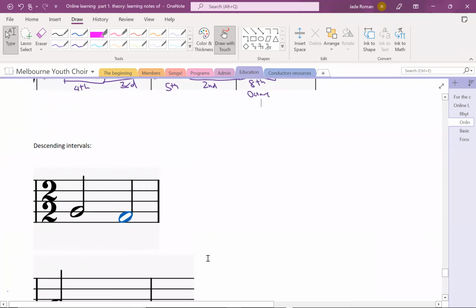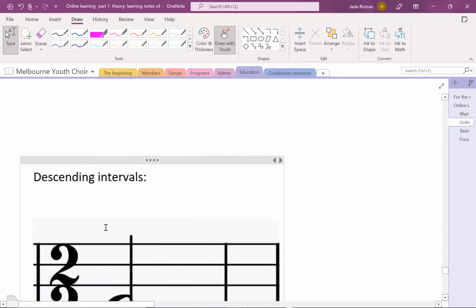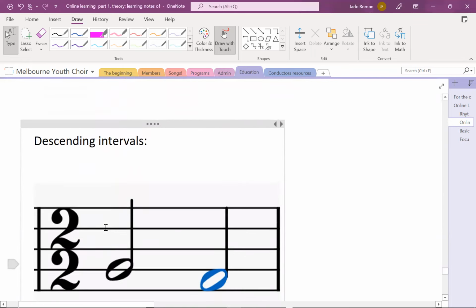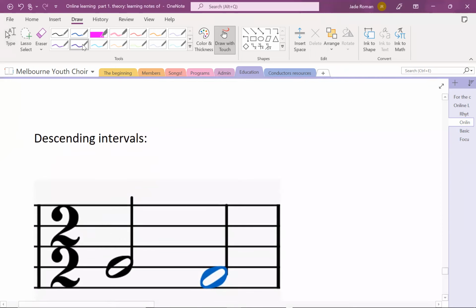Now there's another thing that I also have to say, descending intervals. So the melody doesn't always just climb, climb, climb. It does come back down sometimes. So we have descending intervals. This would be a second descending because this is our first note and we go 1 down. So it's 1, 2. So if this is our note,